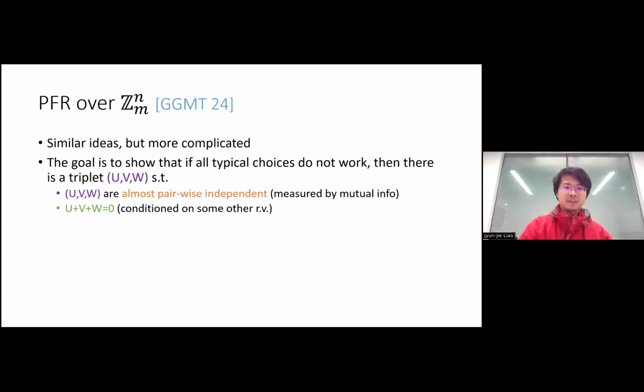Okay, finally, just mention a few words for the ZMN case. It uses similar ideas, but is much more complicated. And we don't actually get such a nice thing that happens in the F2 case. It's still basically following a similar idea, but to make this similar idea work, they need to find